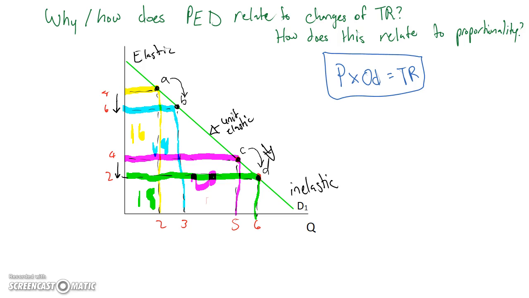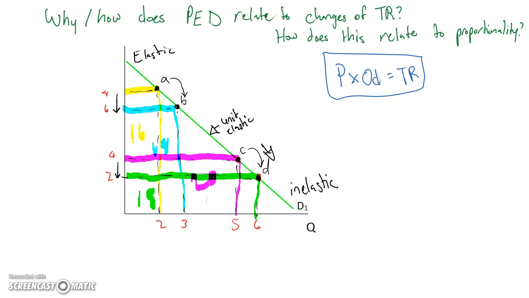It relates to proportionality because the midpoint, aka unit elasticity, is when the graph is completely proportionate, and because the values of price and quantity are what determine the total revenue, because generally TR increases as PED approaches unit elasticity. However, if your values are elastic,